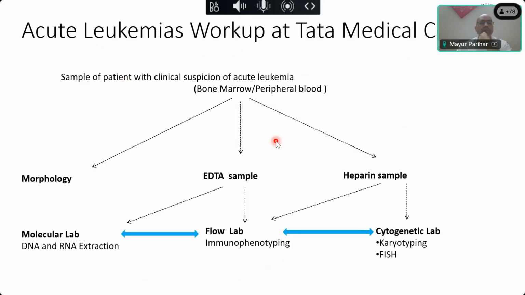So how do you work up an acute leukemia? Well, you get a morphology, you take an EDTA sample that goes to flow lab and goes to the molecular lab for DNA and RNA extraction, and a heparin sample that goes to the cytogenetic lab. So if you do not have enough marrow, the heparin sample first goes to the cytogenetic lab. They put their share, put the marrow for culture, and the same can then be sent to the